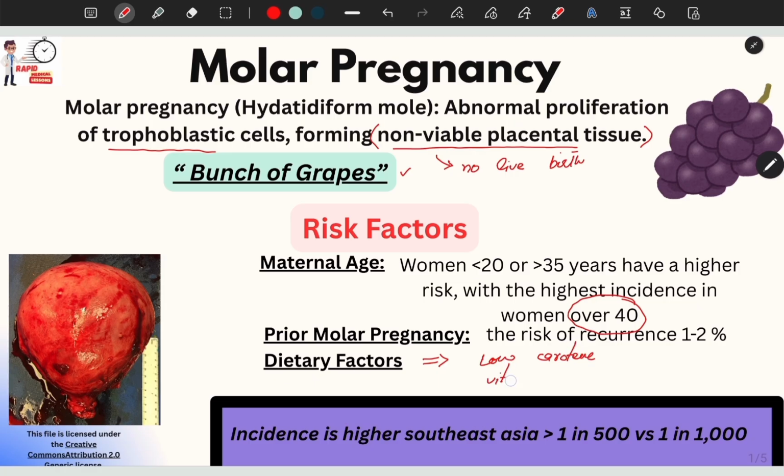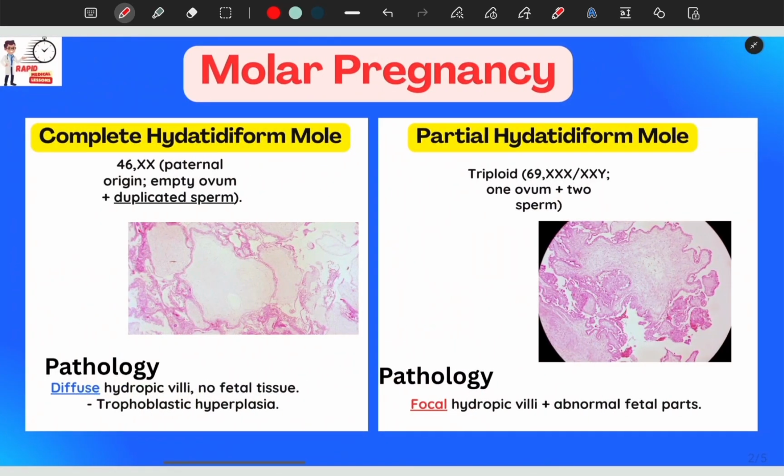Now we are going to classify the molar pregnancy, and we will also look at the pathophysiology, how it happens, and the pathology. Before I dive into the types, just keep these things in mind. First, molar pregnancy is caused when there is a problem with an embryo's chromosomes. For each pair of chromosomes, in a normal person, you get one from your mother and one from your father. So you have 46 in all. But in case of molar pregnancy,